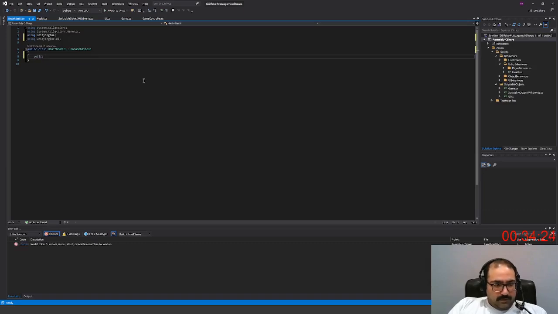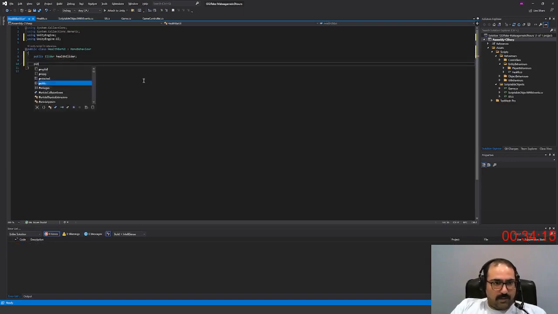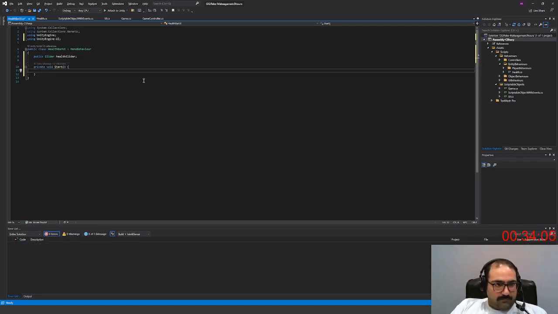We can just add a slider element, slider reference, and when we start, actually, it'll autofill. Private void Start. When this element starts, when this game object starts, we can basically,